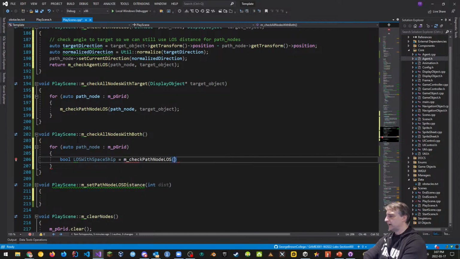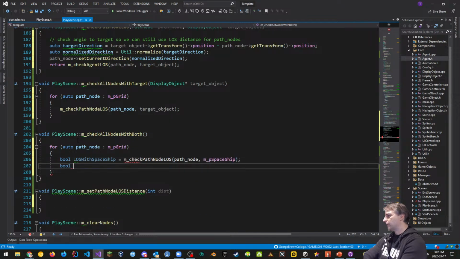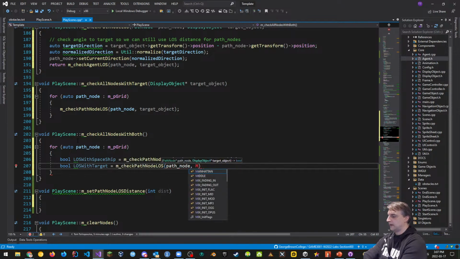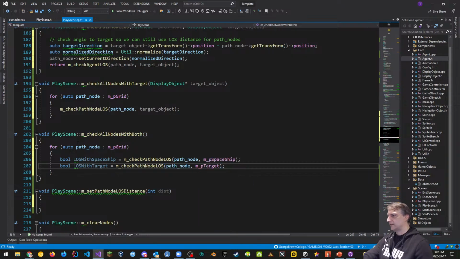Check path node line of sight with our path node and m_pSpaceship. And we're also going to check line of sight with target, which is going to be m_checkPathNodeLineOfSight with path node and m_pTarget.